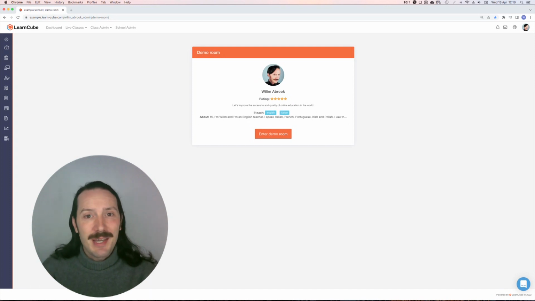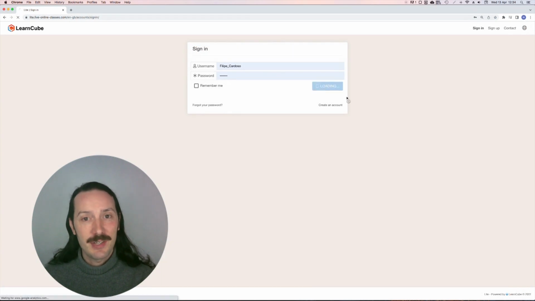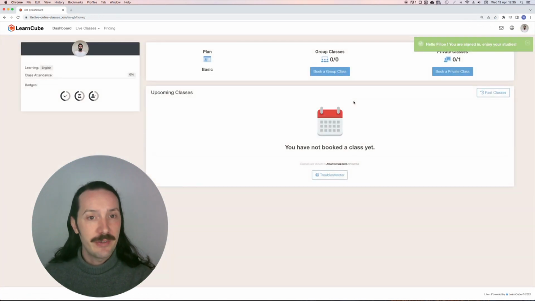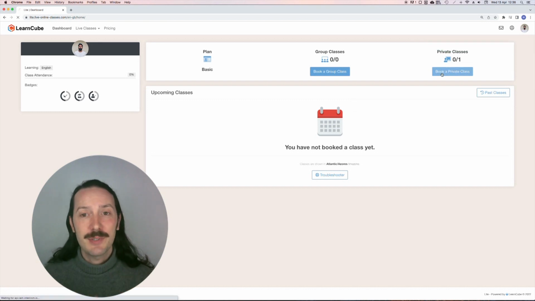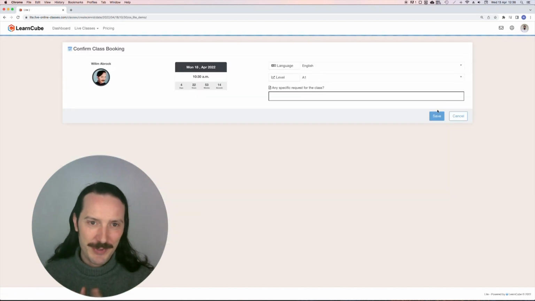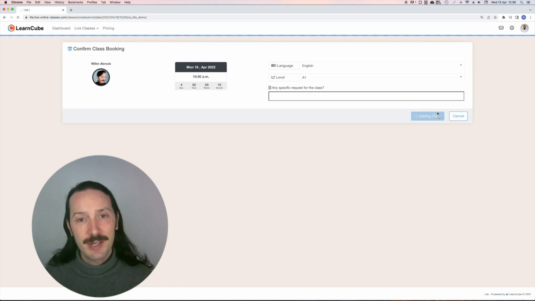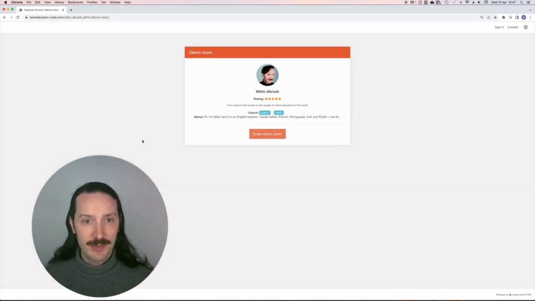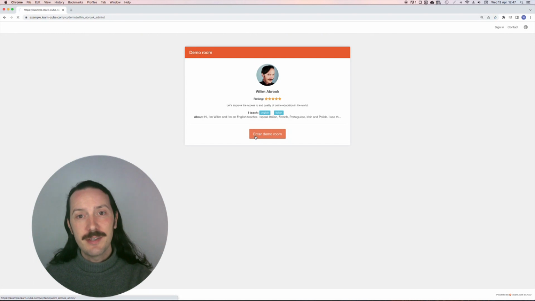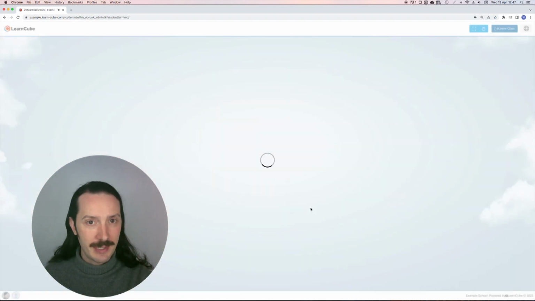So why would you use a demo room instead of just a regular classroom? Well, to book and enter a class in the online school, your lead needs to have a student account. Even though the self-sign-up flow is quite easy, sometimes leads can be put off by the smallest obstacle. With the demo room, anyone can enter as a guest student without needing a student account. When the teacher is logged in, they can go to the same link and they'll automatically enter the demo room